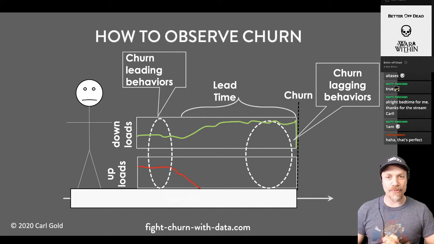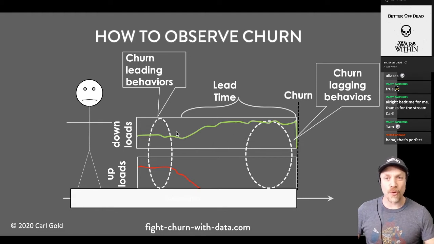So the problem with observing churn is when to observe it. If you observe the customer at the end, right before they actually churn, you're in that lagging period where the behavior has already been changed by the fact that they're planning to churn. And that actually makes it easy to find customers churning, usually. But the problem is, it's too late. At that point, they've made up their mind, and it's harder to win them back. It's also not good for understanding the causes of churn and why people churn or don't.